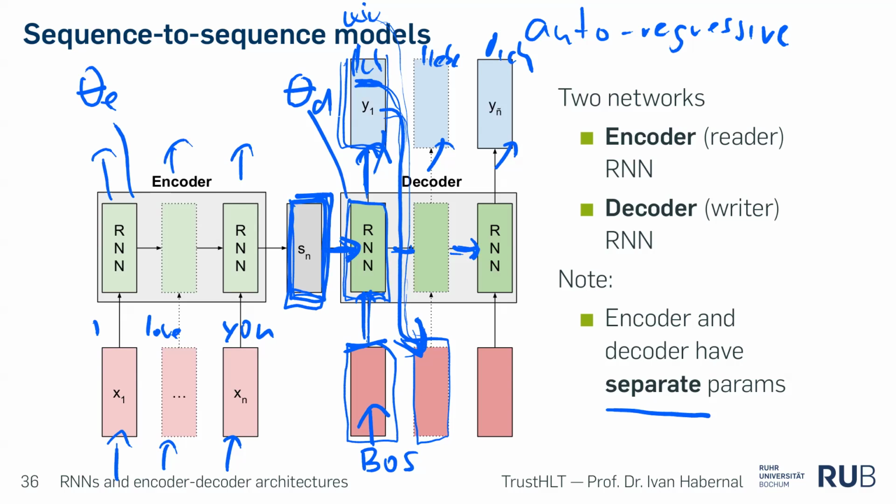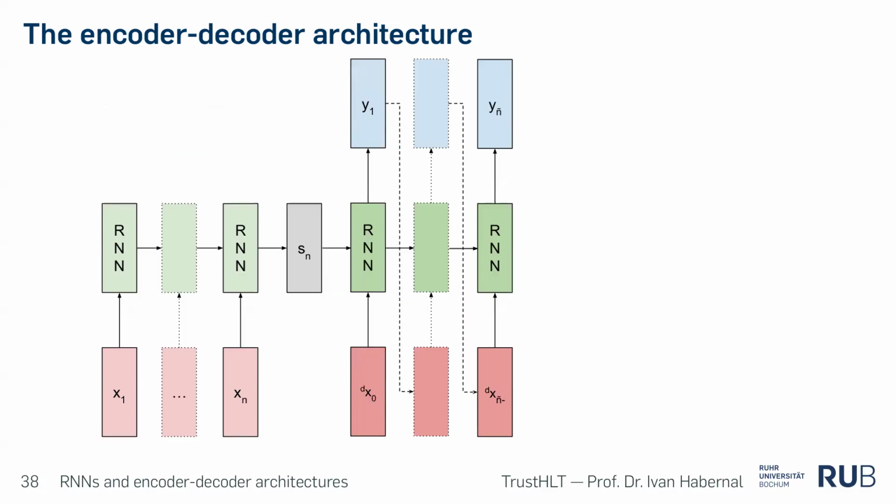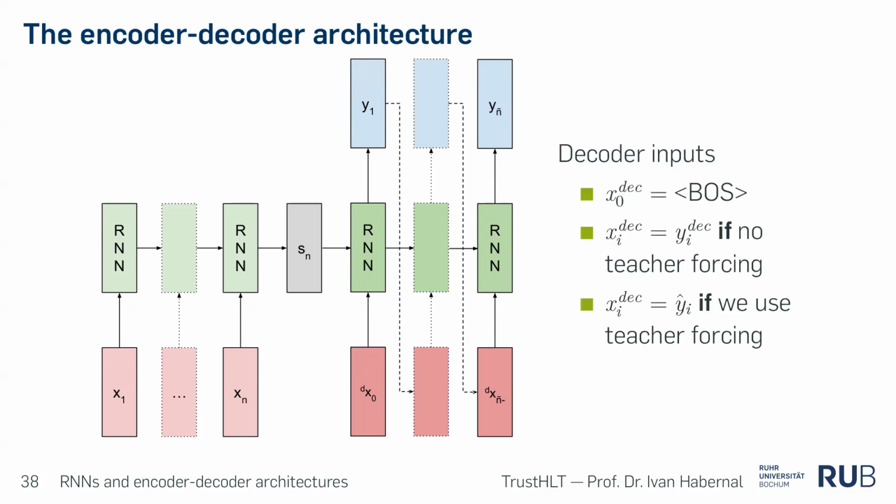Encoder, decoder. So let me just go through this. We have the initial input of the decoder, which is this special token BOS. And again, here in better detail, is the state taking the previous output into the